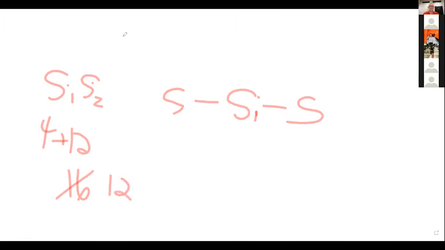So where are we going to put the 12? Around the sulfur: 1, 2, 3, 4, 5, 6, 7, 8, 9, 10, 11, 12. Let's check and see if everyone has an octet. Pretty obvious silicon does not have an octet, because it only has a total of 4 electrons. That's a problem, so we need to give silicon an octet. How are we going to do that? Would it be double bonded to both of the sulfurs? Yep. So this lone pair goes there, this lone pair goes there, and we get